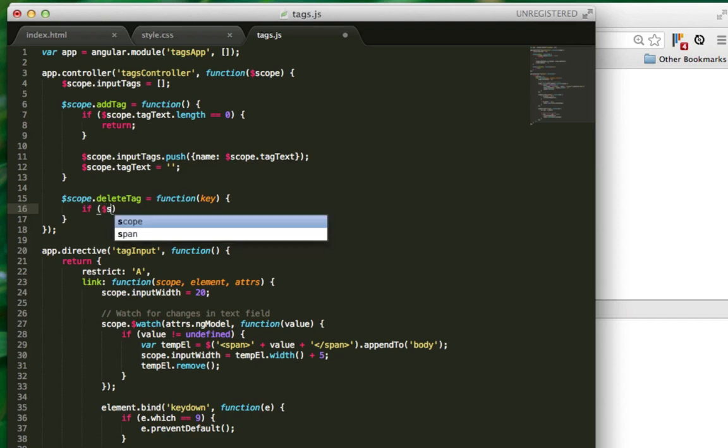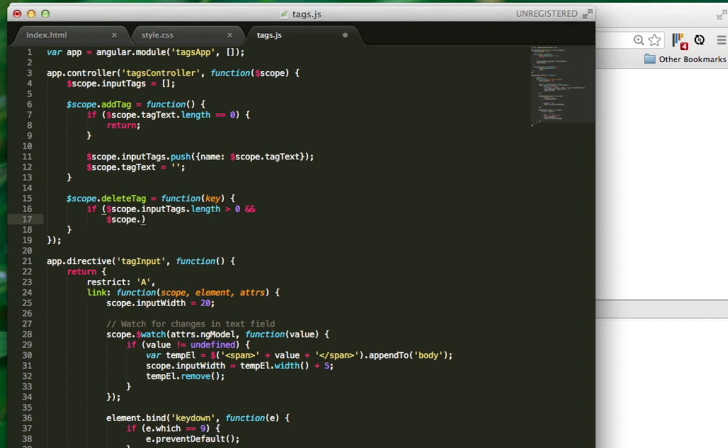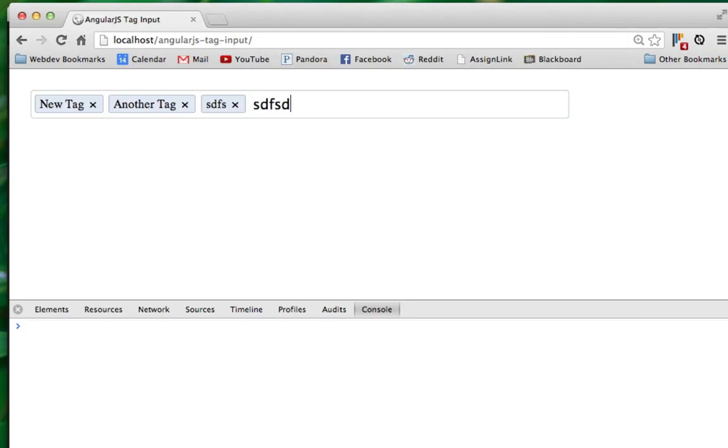So if scope dot input tags length, we're first checking to see if the length of our tags array is greater than 0, and if the scope dot tag text length is equal to 0, because you can type something and then delete it, but it has to be 0 to be able to delete